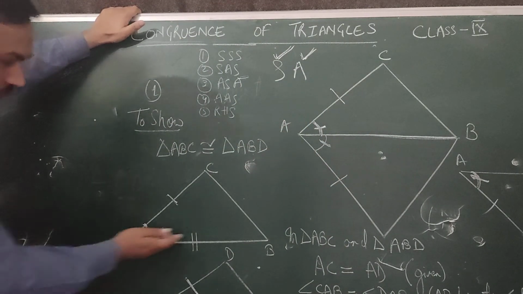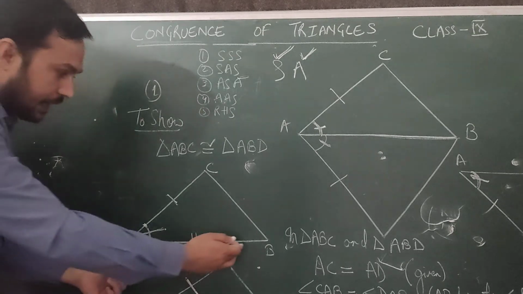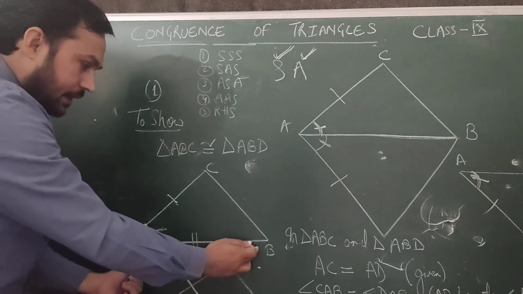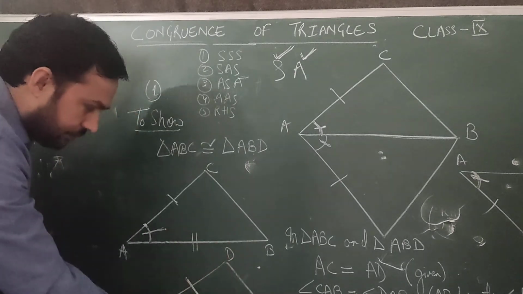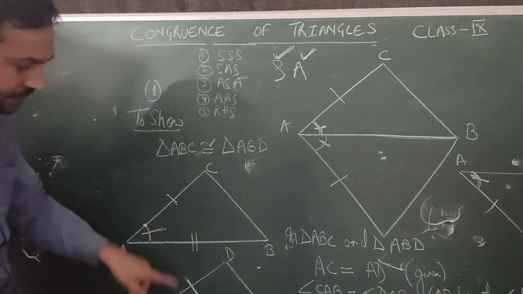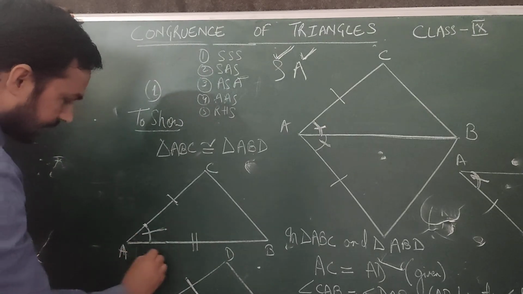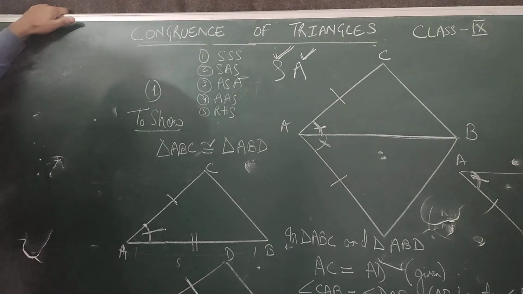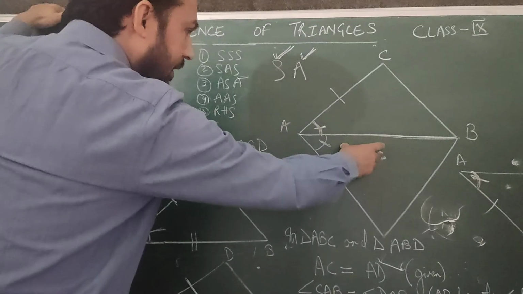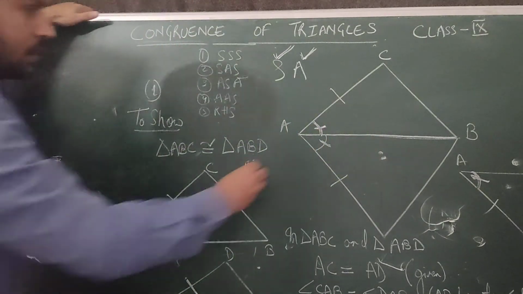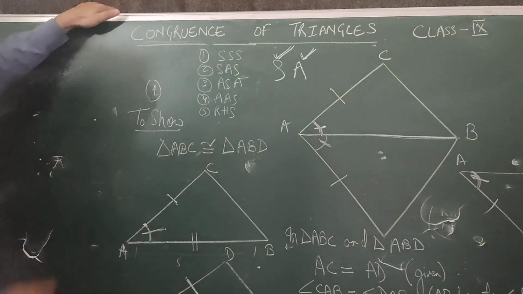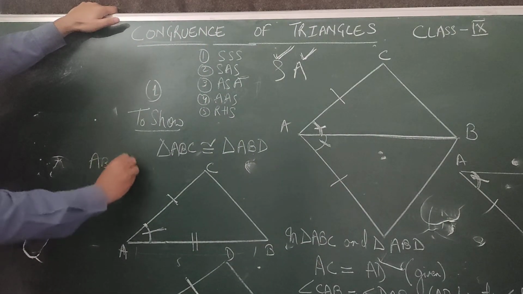And the third thing, if I observe the figure again, the line segment AB is here and the line segment AB is here. AB and AB are in two different triangles, but the line segment is the same. Let's say this AB length is 5, then it is obvious that this length will also be 5, because we have taken AB from the main figure only. So this AB is in the first figure also, and AB is in the second figure also. AB equals AB.